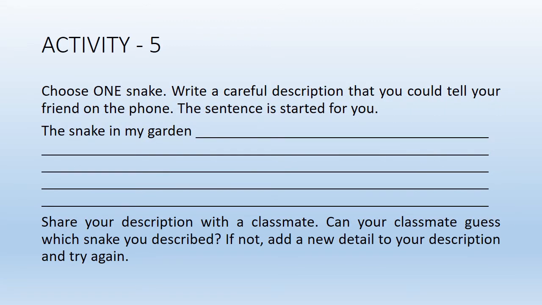Activity 5. Choose one snake. Write a careful description that you could tell your friend on the phone. The sentence is started for you: "The snake in my garden...", and then you will have to describe that snake. From the images 1, 2, 3 and 4, you have to choose any one snake and give the proper description